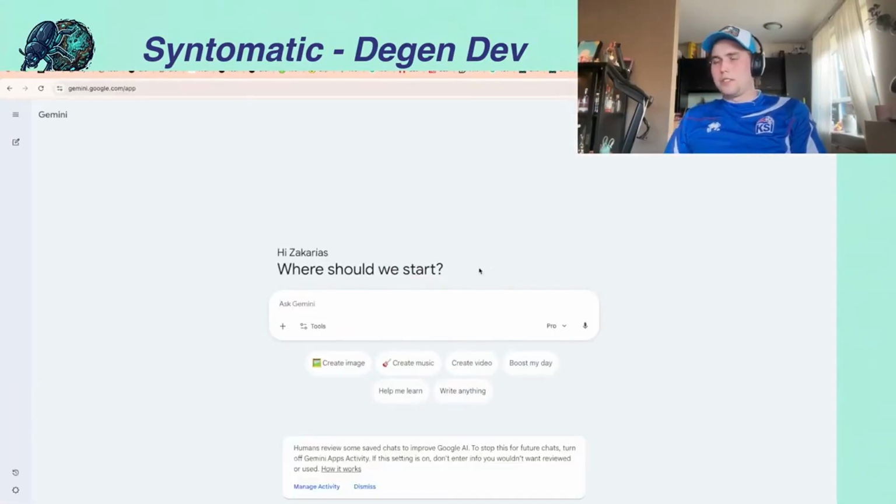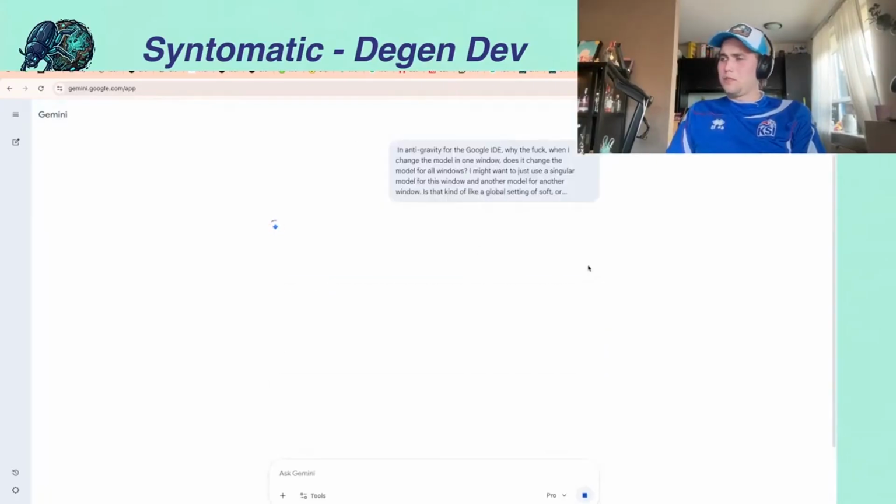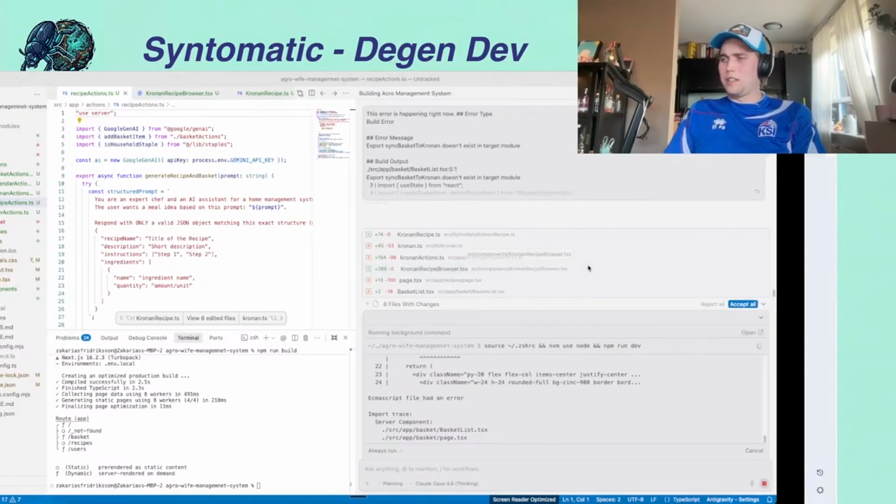In Antigravity for the Google IDE, why the fuck when I change the model on one window, does it change the model for all windows? I might want to just use a singular model for this window and the other model for another window. Is that kind of like a global setting of sort, or what is happening there? Okay, so, alright. Wait, yeah, let's look at the